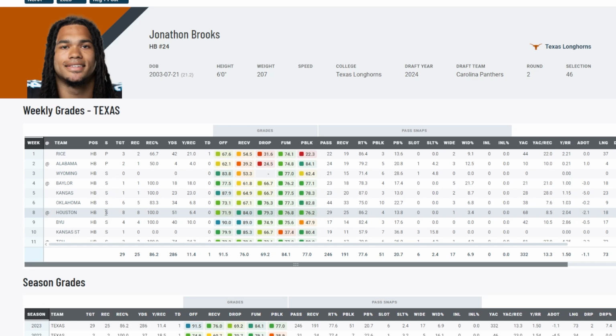So it showed in that span that he can really handle a large receiving workload. And that's going to be something that I think the Panthers are going to probably be giving him at some point this season, pretty early on. When head coach Dave Canales was asked about Jonathan Brooks following the 2024 NFL draft, one of his quotes went